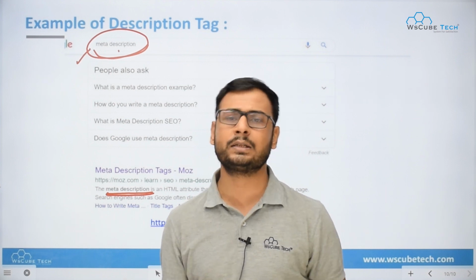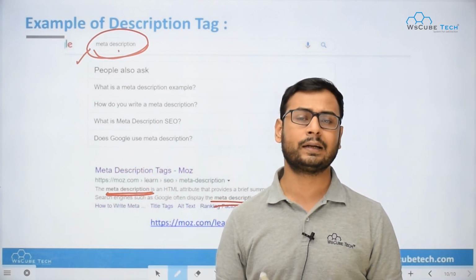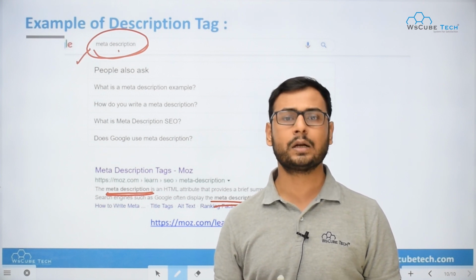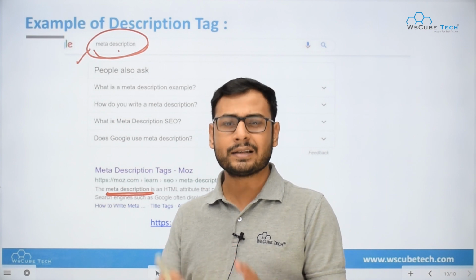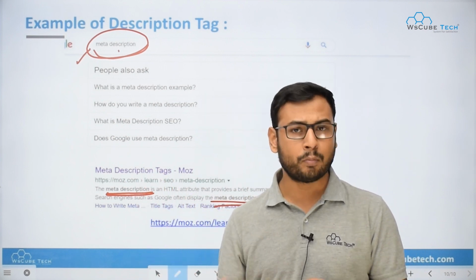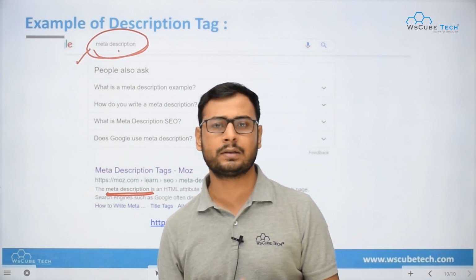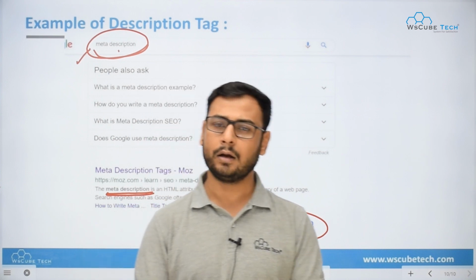You cannot ignore the basics. All these things that we have discussed: keyword should be there in the title, keyword should be there in the description, keyword should be there in the URL. I mean, it is not necessary that the keyword should be there in the URL, but there are the guidelines. If you are putting it, then it's okay, and it's a great thing. You are following some of the best practices which are recommended by Google, right?